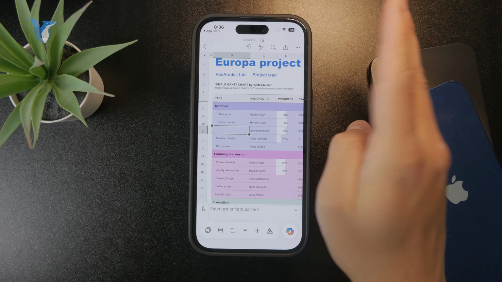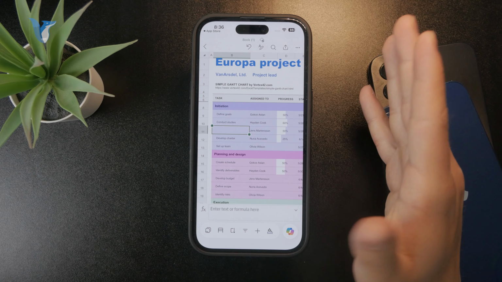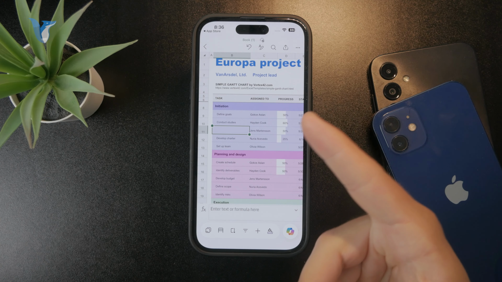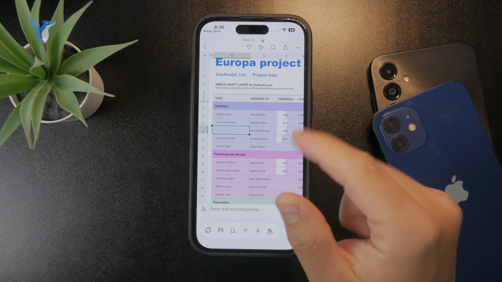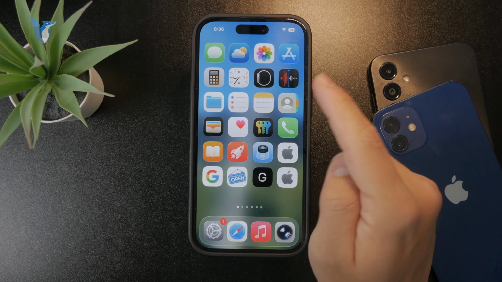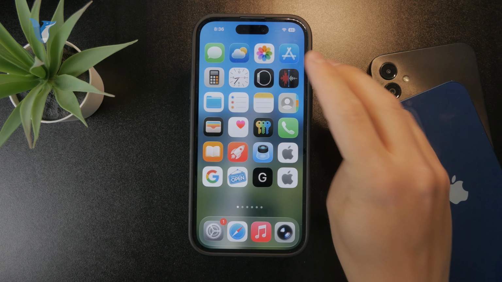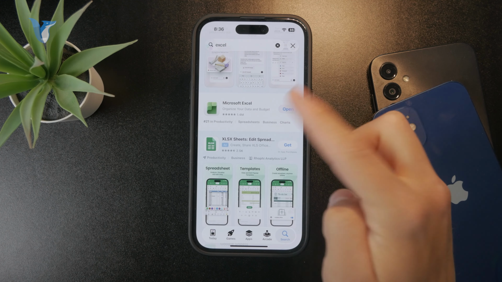So you can of course export it, perform some changes. I of course have some more tutorials about it on this channel, so definitely check them out if you are interested. But the important part is that you can get the official Microsoft Excel from the App Store, but you